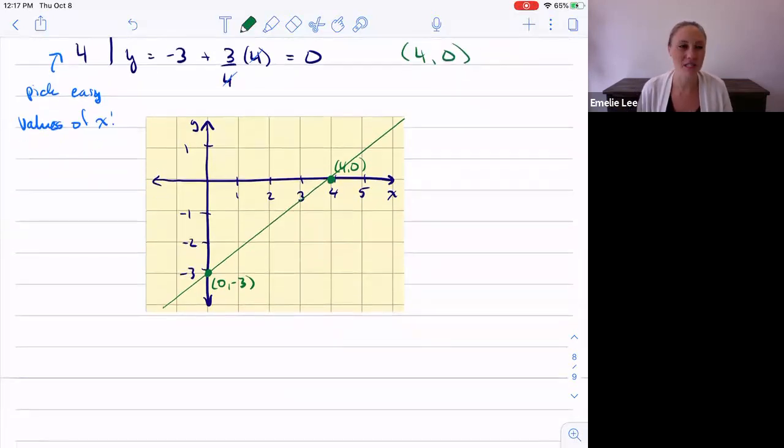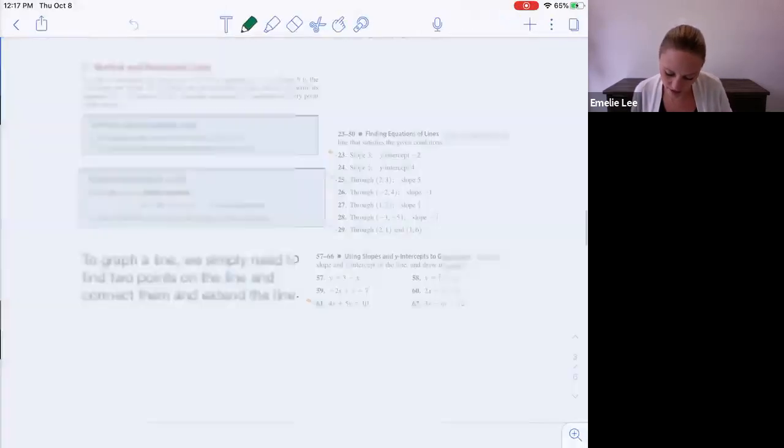So now we've drawn this line, right? And again, you can use Desmos to make sure that what you did is right. But besides that, just knowing how to draw a straight line is really useful and really good to know. Okay, so let's talk about